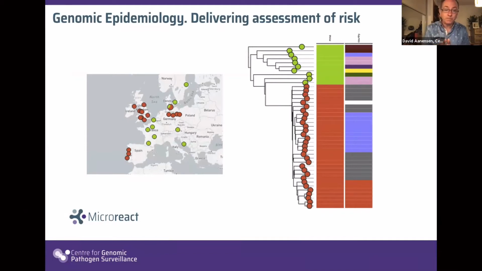This is actually a data set from Europe, from Staphylococcus aureus. The red samples are methicillin-resistant Staph aureus, MRSA. This is from a particular epidemic lineage called EMRSA15, which is characterized previously as having arisen from the UK due to acquisition of resistance to fluoroquinolones. And we can see on the map that there are 3 geographic clusters of this